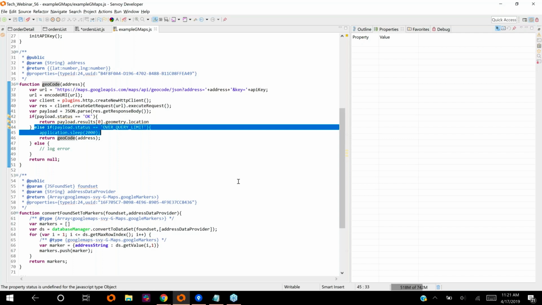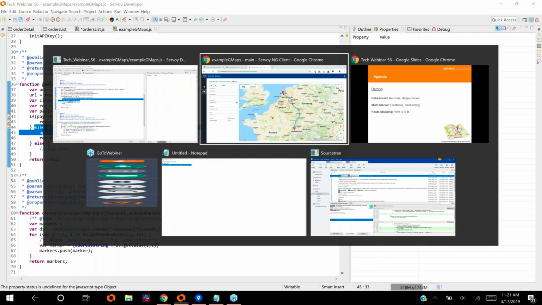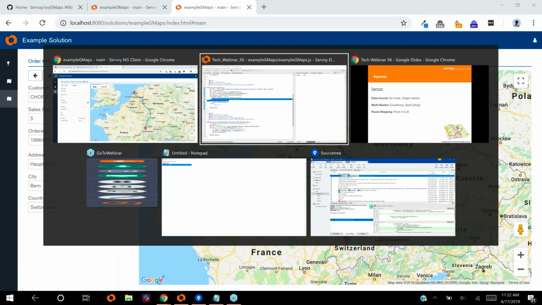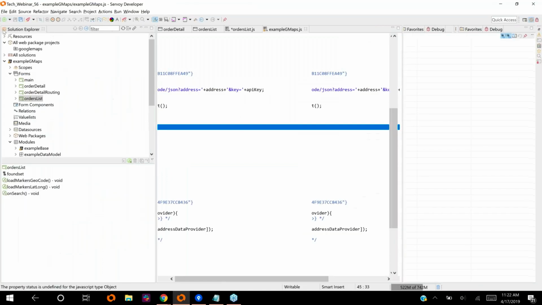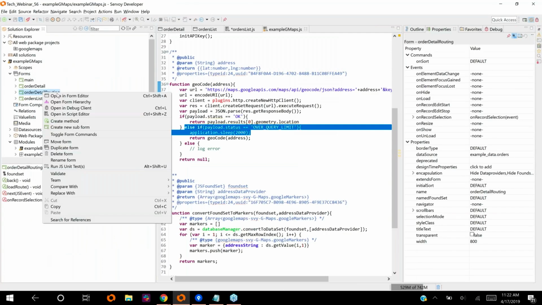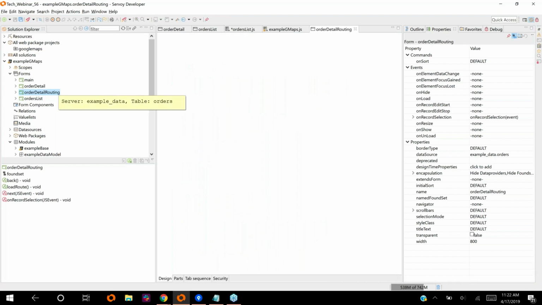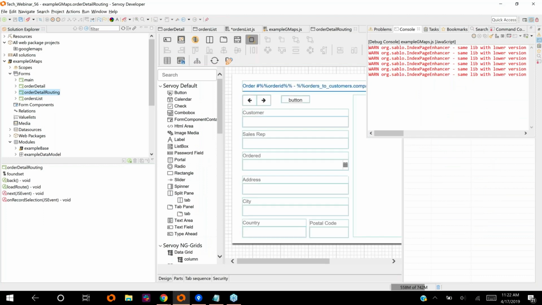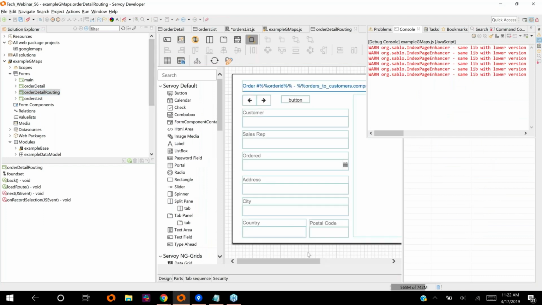So the final example that I showed was route mapping, where we could go between records and show the directions. For that, I go to the final example, order details routing. I'll open this in the form editor. Really, this is a copy of the first order detail form. The only difference is, well,